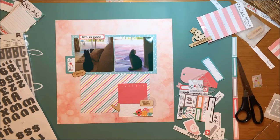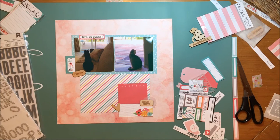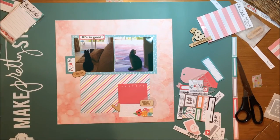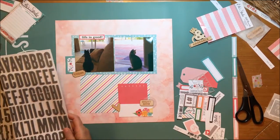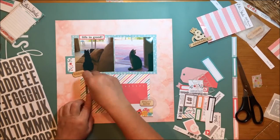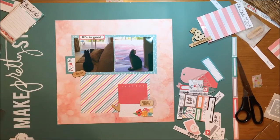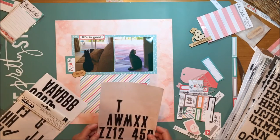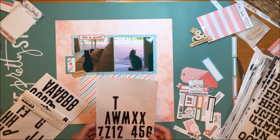I really love this alphabet, and I'm going to struggle with it because I really want to use it, but it's not the right size. So what I'm going to do is go to this alphabet, which is from American Crafts, the Thickers. It's called Stylist, in the charcoal gray color, but this is going to cause me fits because the size isn't feeling right to me with this layout. So I'm going to struggle a little bit. I'm going to look at doing black,